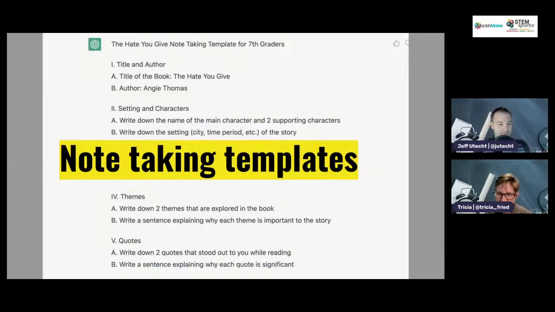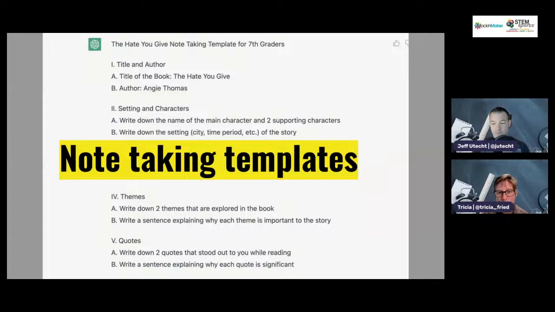Okay, note-taking templates. Just like what Jeff was talking about with building a schedule, those organizational, those self-management skills that students need to have our support with, for me, I'll be honest, it's not the most exciting thing that I need to do as an educator, but it's still support that's really important. So, I would highly recommend when you head over to ChatGPT, there's all different note-taking templates that you can invite it to create. So the example that you see in front of you is I've asked it for a note-taking